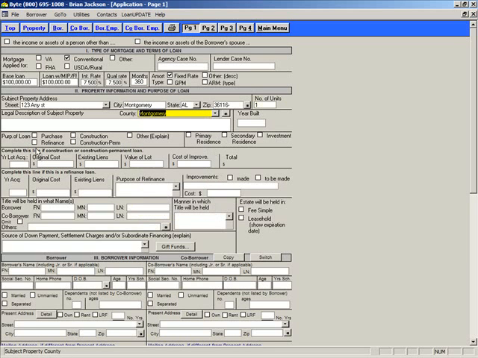Now it's asking for the purpose of this loan. Is this going to be a purchase? Is this going to be a refinance? Is this going to be a construction to permanent, or other? For the sake of this video right here, we're going to put purchase, and we're going to click purchase. Now if this is a refinance or construction loan or construction to perm loan,